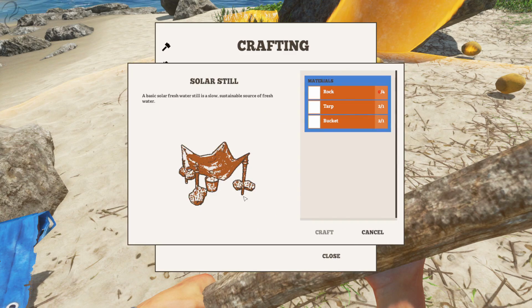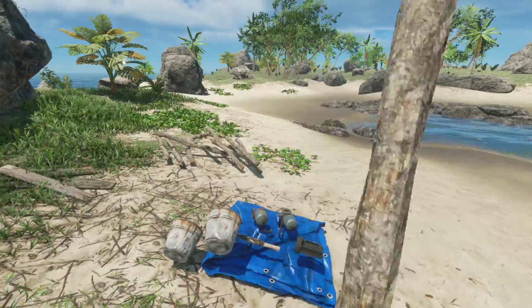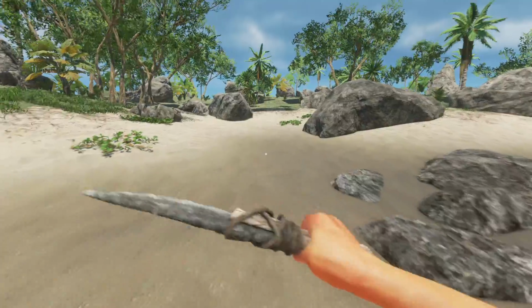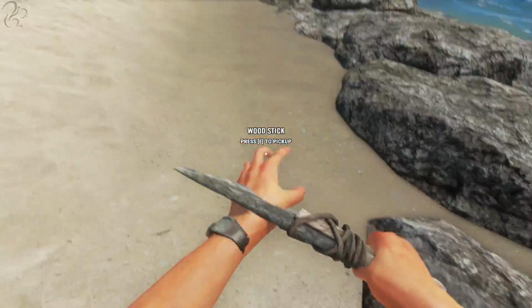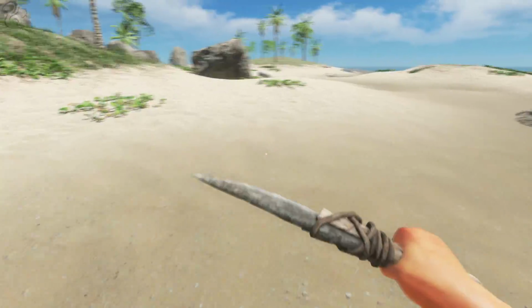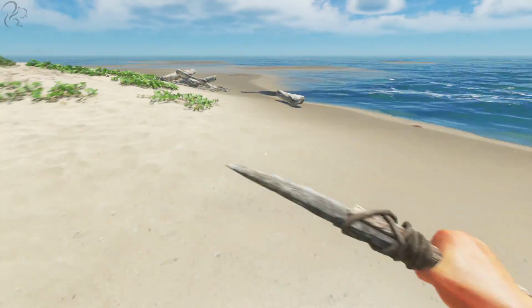One is a solar still. We need to build this fairly quickly. For that, we're going to need some more rocks again. So let's quickly go out and have a look. Get that in my hand. We'll go this way this time. See if we can find any rocks this way. The still takes time to gather water, but it's a very reliable source of water. It doesn't require you to tend it as such. It will just sit there and do its thing, but if it fills up, then...